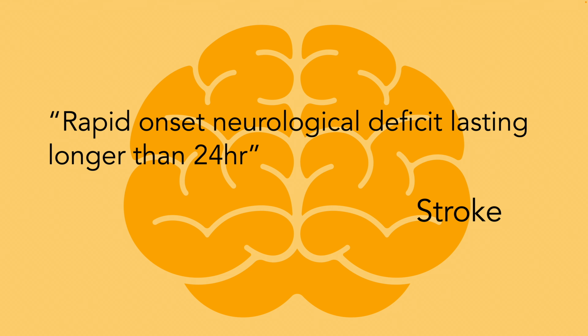Now, this is a very clean World Health Organization definition. Rapid onset neurological deficit lasting longer than 24 hours. However, we don't just look at time anymore, we look at tissue. And that's because a huge proportion of TIAs now, we're finding that actually they have got tissue-based objective markers on scans that suggest that actually there's long-term neurological damage that has occurred.